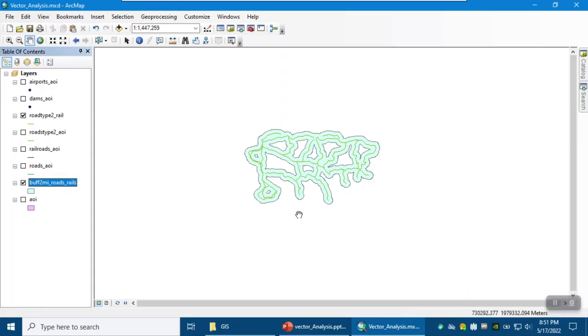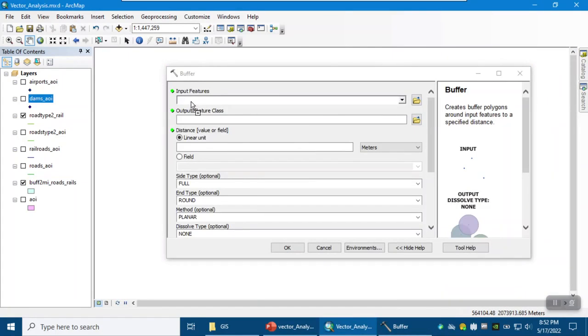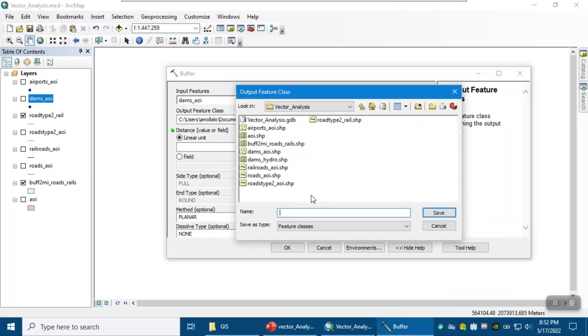As you can see, it created a 2-mile buffer around the road type 2 and also the rails, and it's just a single layer because we dissolved it. So we have to repeat this process and create a 5-mile buffer for airport, and also a 10-mile buffer for dams. Okay, so if you again click search buffer, so for the dams AOI, this one is going to be 10 miles,